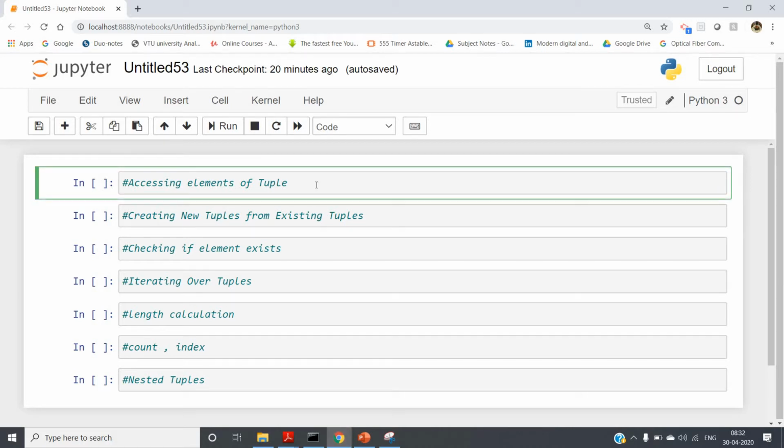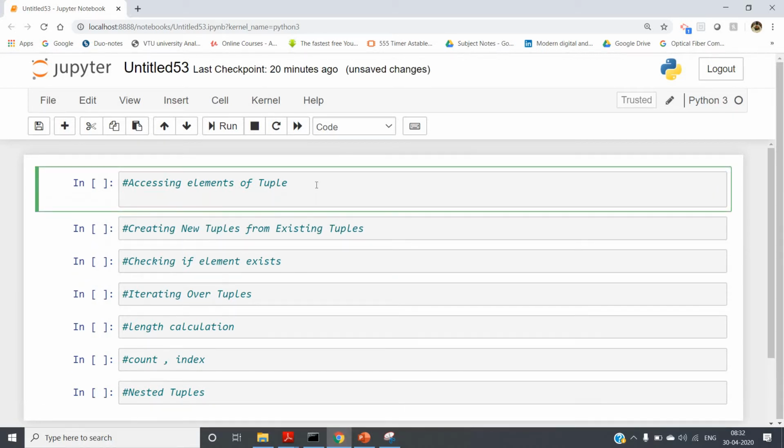to tuple. Okay, so I want to cover this in this particular video itself because I don't want to extend this tuple concept, because we will be mostly dealing with lists. This is not that important from a programming point of view, although there are applications of it. Okay, so there are some important methods and related topics on tuple that I am going to